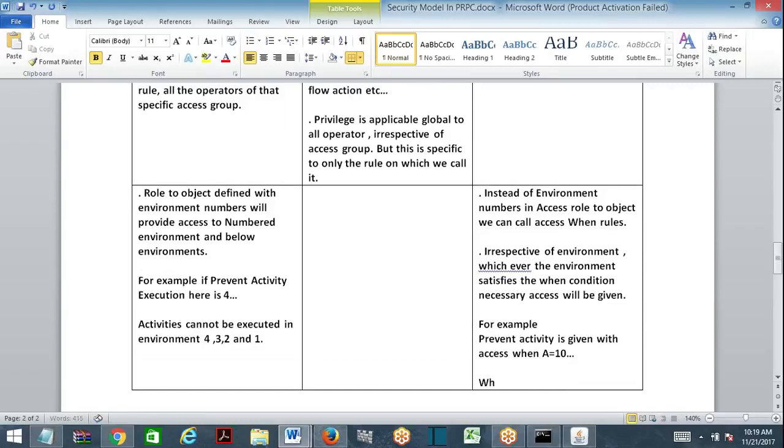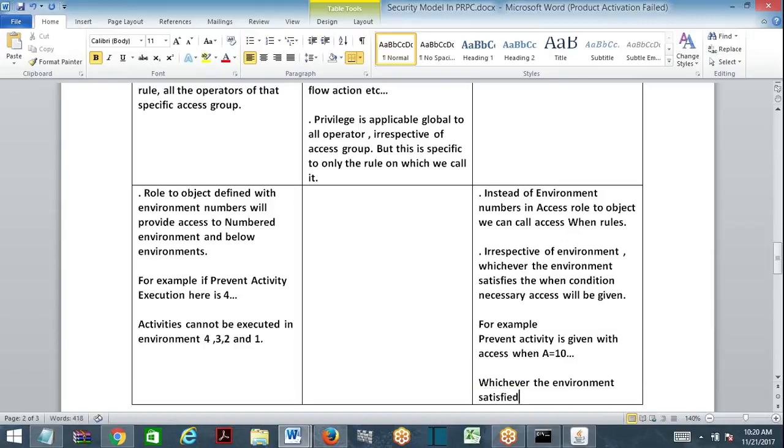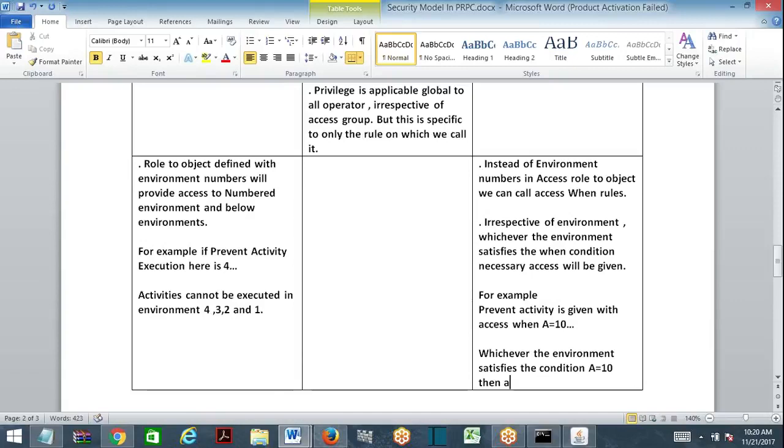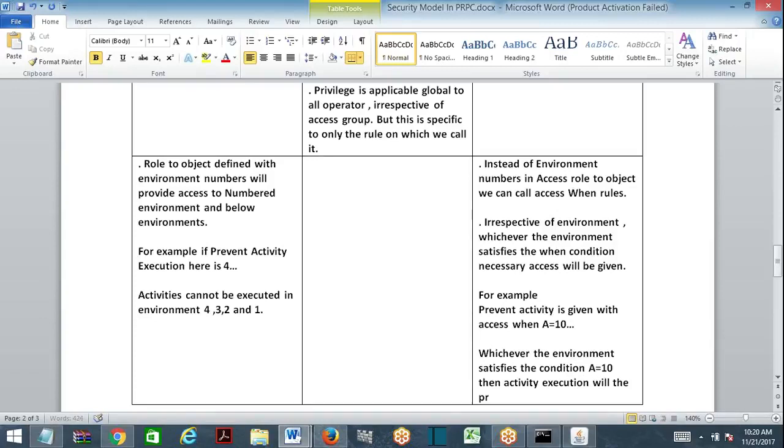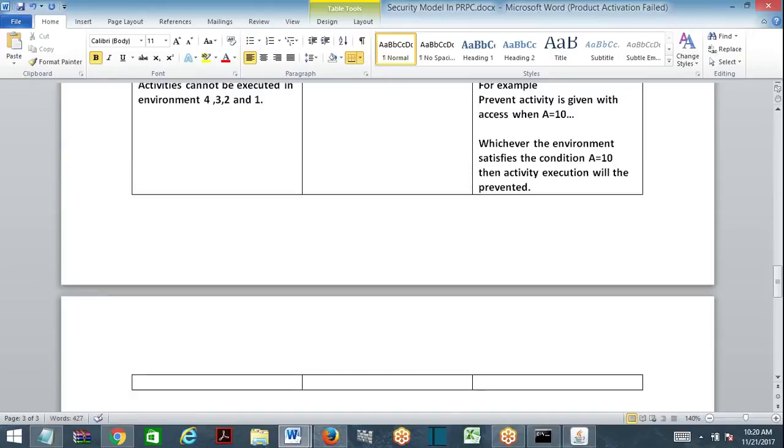Now whichever environment satisfies the condition a is equal to 10, then activity execution will be prevented.